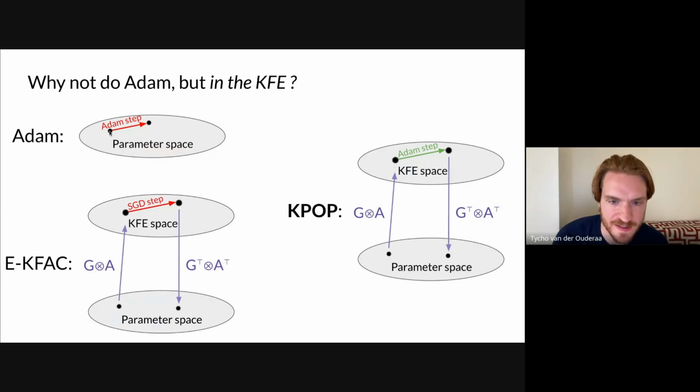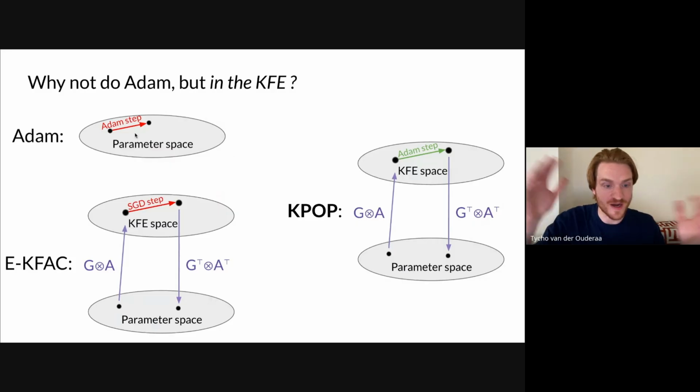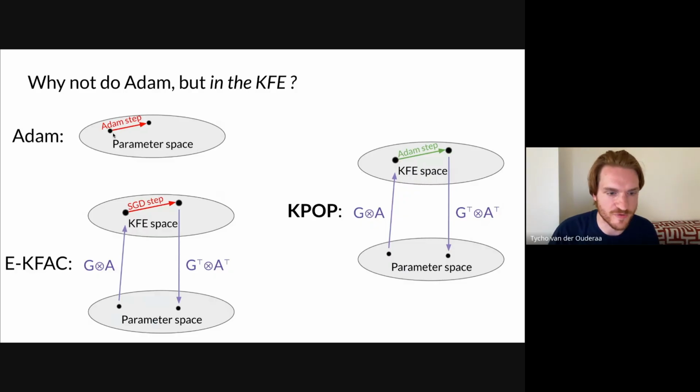Okay, so basically, this is a 2D visualization of the very high dimensional parameter space. This point is our current parameters, and in Adam, it hides all the clever things Adam does, but you get a gradient, and then you do an Adam step, and this is basically the Adam step. If you do one iteration using Adam, it will bring you from one point in parameter space to another point. So this is the change. But